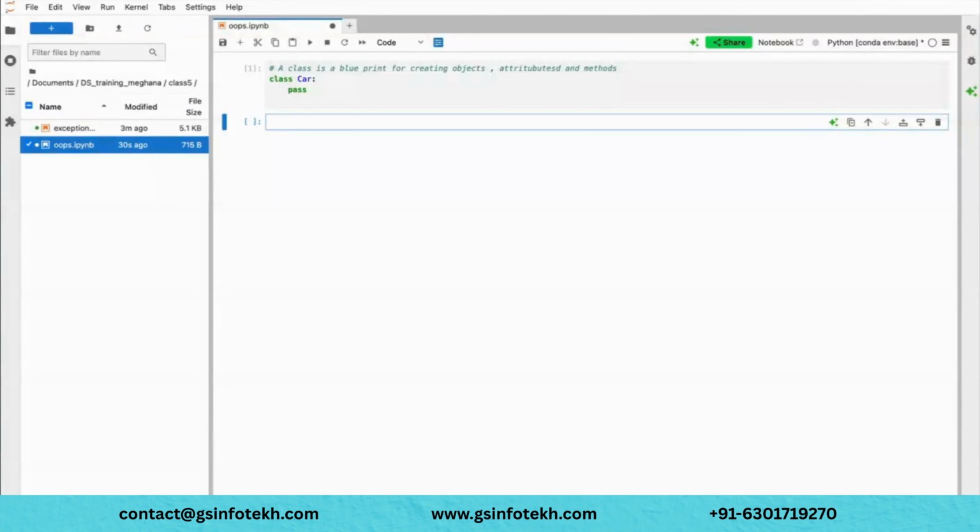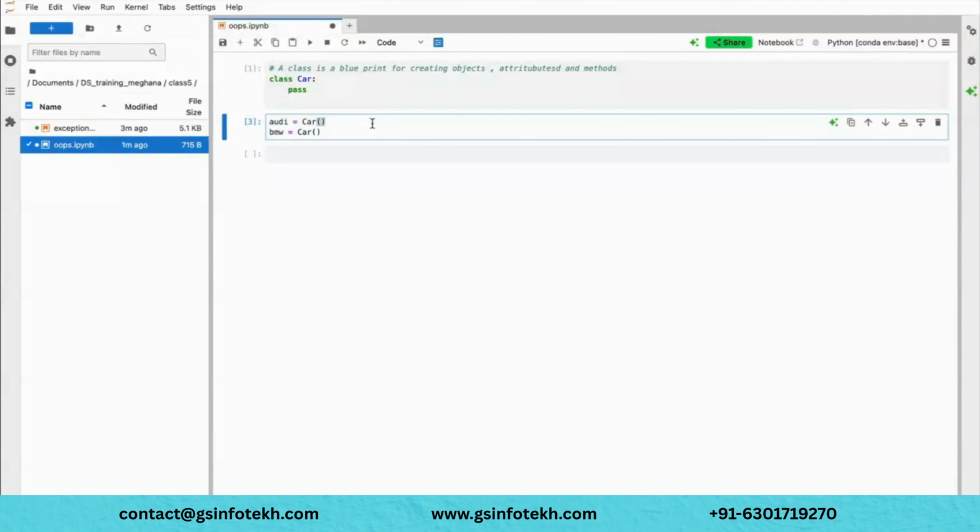Now, if you ask me, how do I call that class? For a class, you can create objects. For creating an object, you can just use it in a method-like way: car, and then I'm creating some kind of object, let's say Audi, and then maybe BMW. I can create any number of class objects. So now I created objects here.